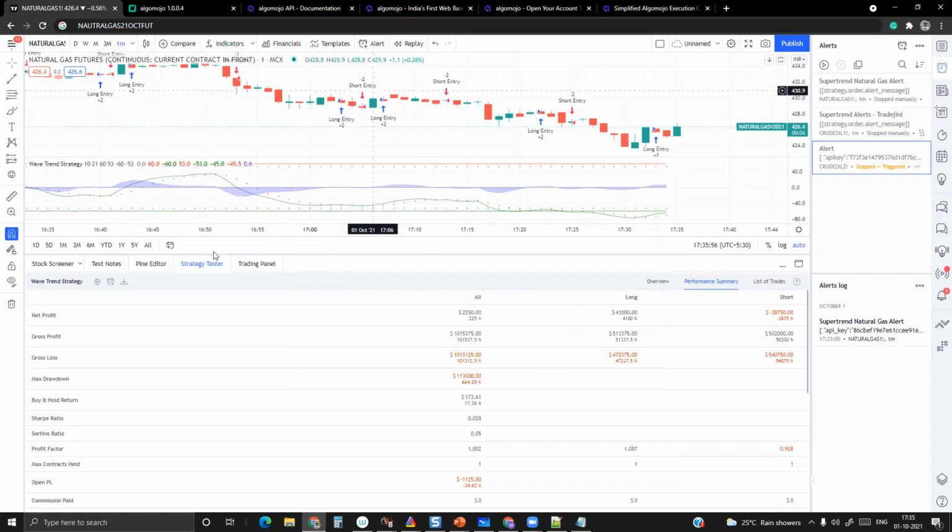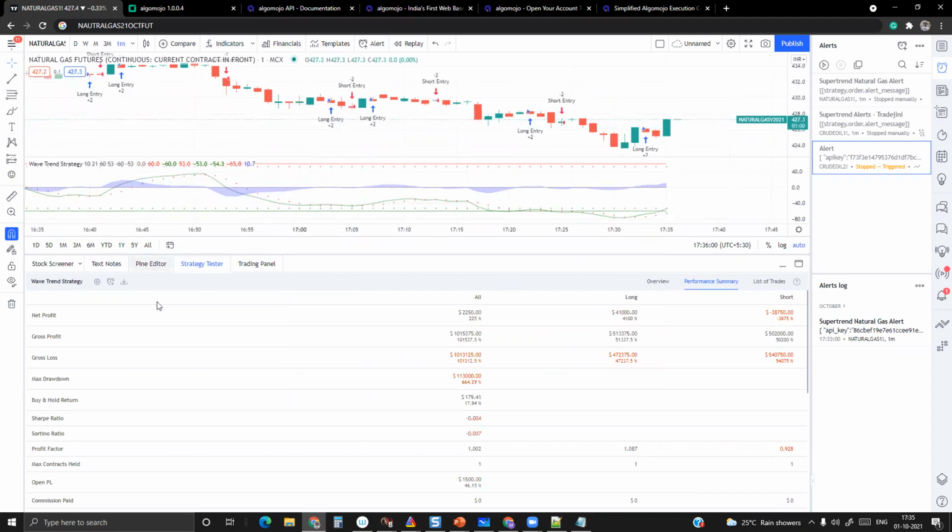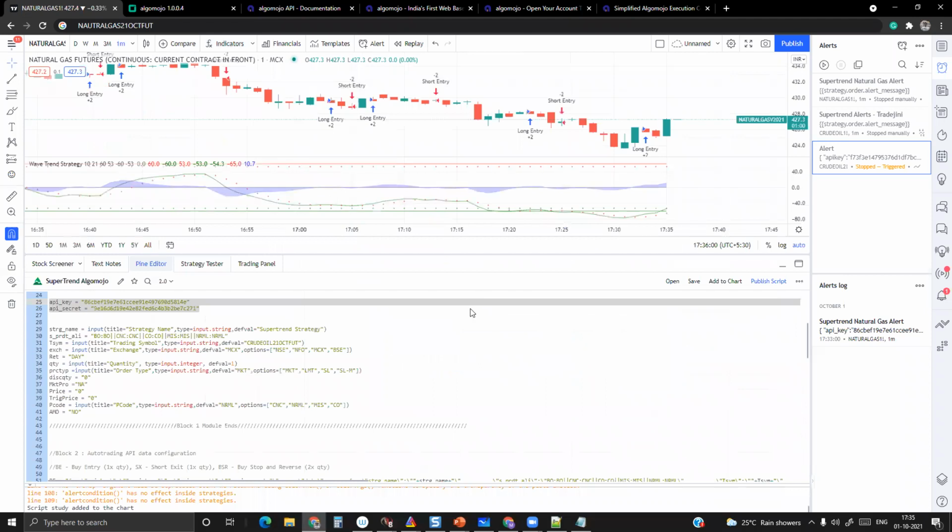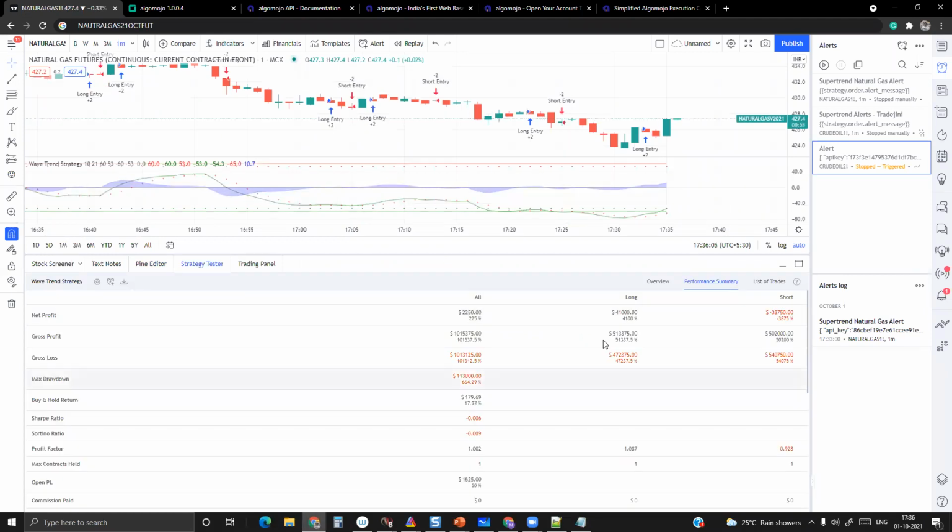What you should ensure is that if you go to the strategy backtester, you should be able to see the result, whether it is profitable or loss making. Later on, you can decide whether to run the strategy or not. Obviously, you should be able to see the long entry and short entry signals. This kind of signals you can connect. If you are seeing these arrow marks and this strategy backtester, then the strategy can be easily connected with AlgoMojo with very little coding effort. That little coding effort is what I'm going to explain.